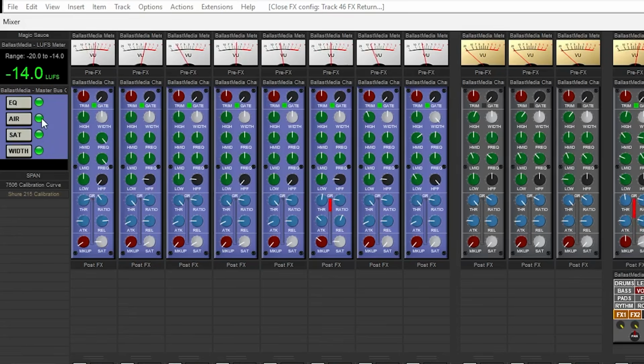These will turn on or off some of the things that I'm doing in the magic sauce container. So if you don't want my EQ sweetening, you can just toggle that off. Or if you don't want the stereo widening or the saturation, just toggle those on and off. I'd recommend you do some A/B testing on that though, because I really think you'll like what the magic sauce